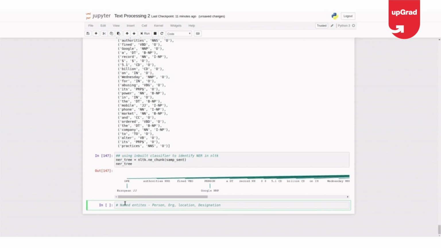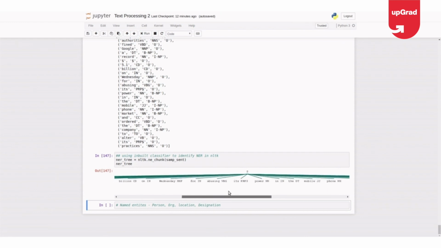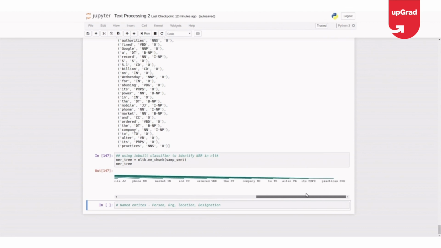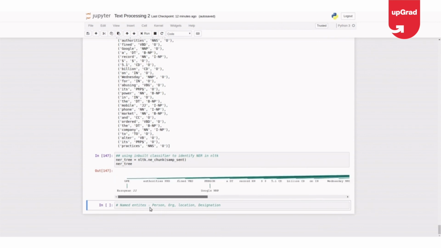So here NLTK has found out GPE. It says European is a location, and Google is a person. According to NLTK, Google is a person. Okay, it might be an error too. Yeah, it has identified two of them. So this is how you can use an inbuilt classifier of NLTK to find the general or generic named entities like person, organization, location and all.